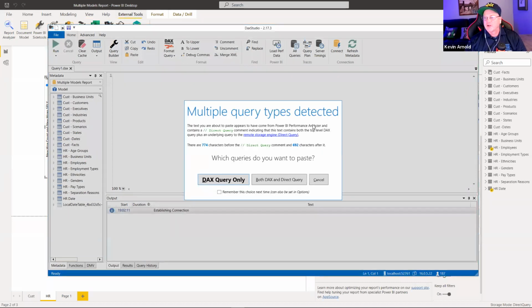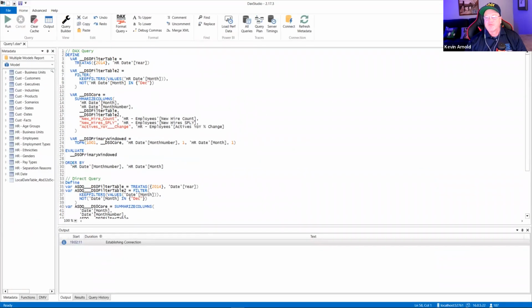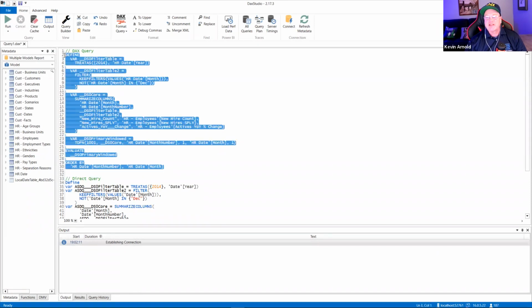You notice when I go to paste that in, it says you have multiple query types within the query that we just grabbed from Performance Analyzer. So we could see the DAX only, or both the DAX and the direct query. So I'm going to tell it to do both. And if we start at the top, we see our filter tables that are produced, and then our summarized columns, which is what's typically produced. That's why it calls it core. And then they window it by doing top N, and then the evaluate. So this right here is the DAX that was generated